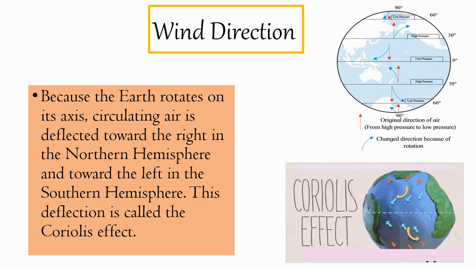Tornadoes are not impacted by the Coriolis effect because they are so small in scale and short in duration. The direction water goes down the drain is also not impacted by the Coriolis effect. In figure 5.2 on page 21 of your textbook, you can see the direction has been shown by curved arrows in the figure. The rotation from west to east causes this change in the original direction of the winds.